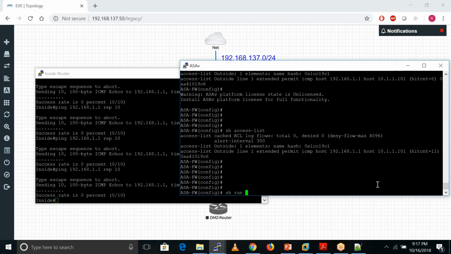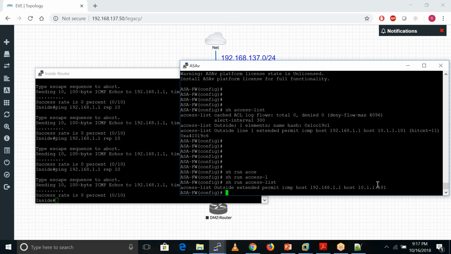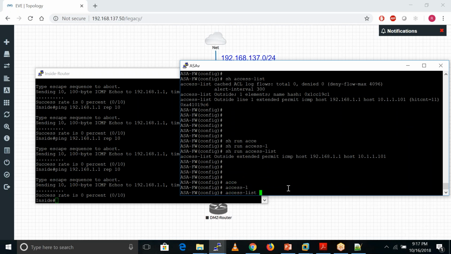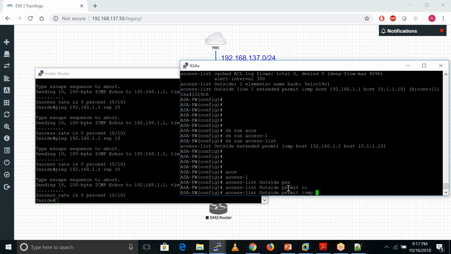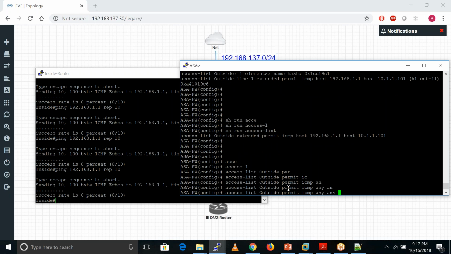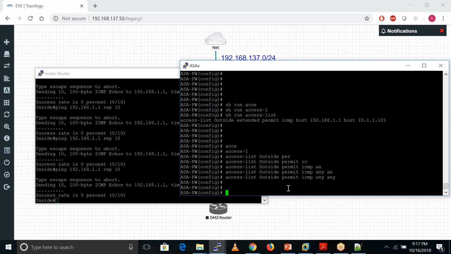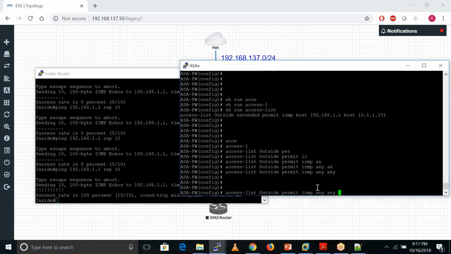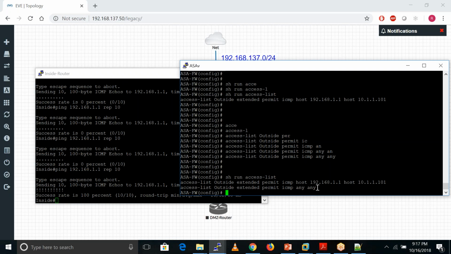So what I'll do now is go into this ACL: access-list outside permit ICMP any to any. I am just allowing the traffic from all users in this direction. Let me now initiate a ping. At that time the ping is working, because we have this any statement there.